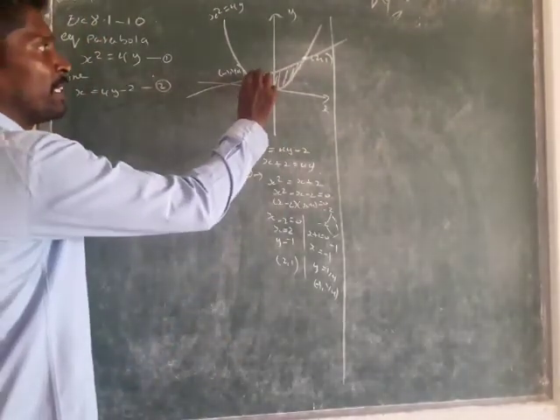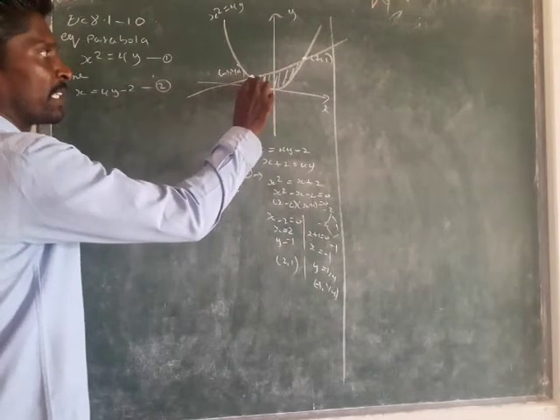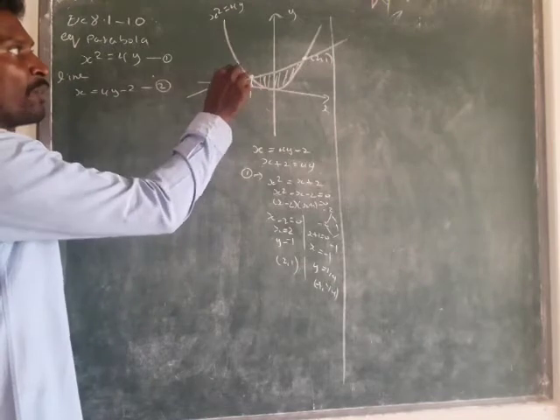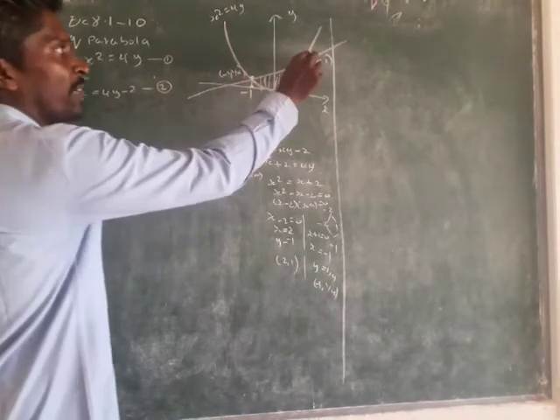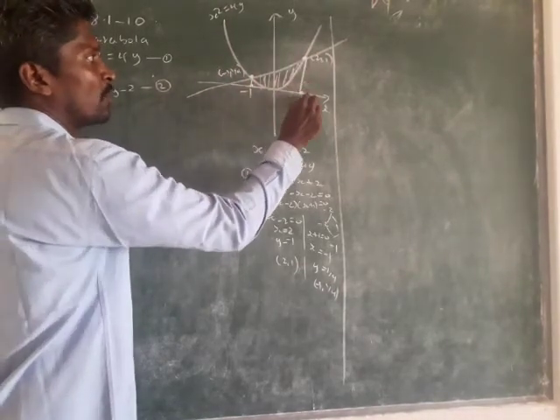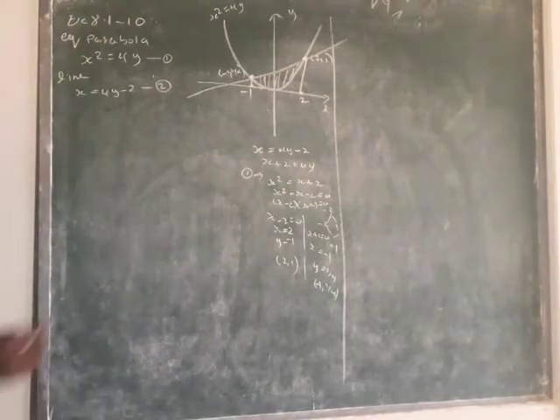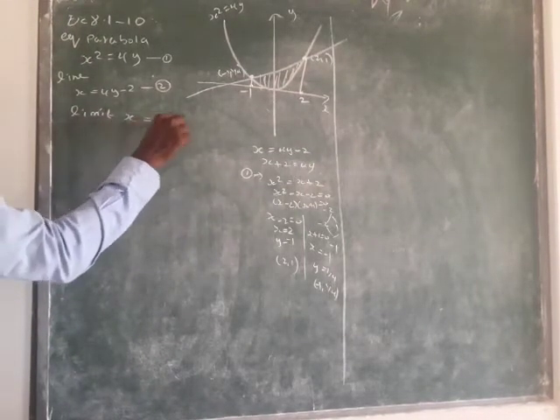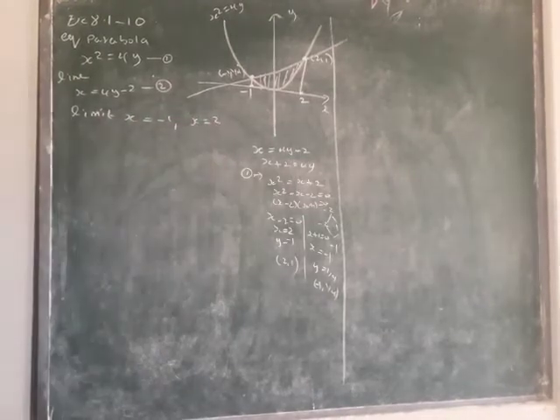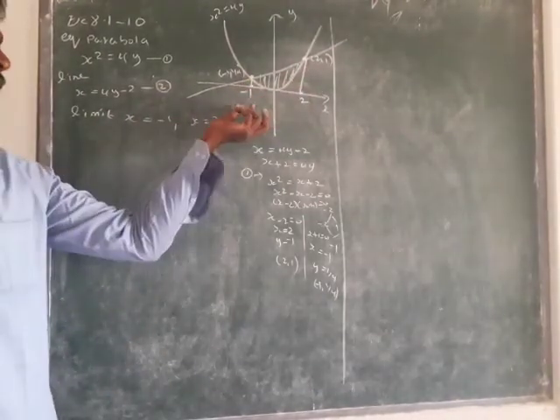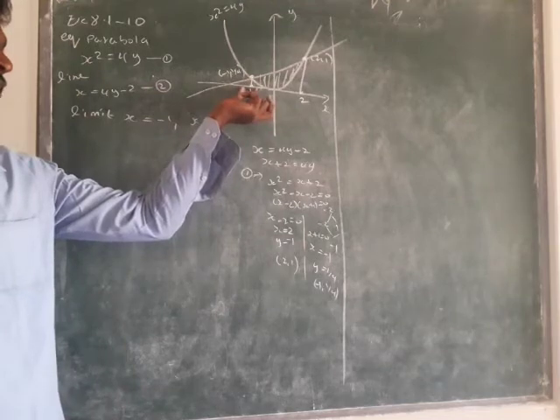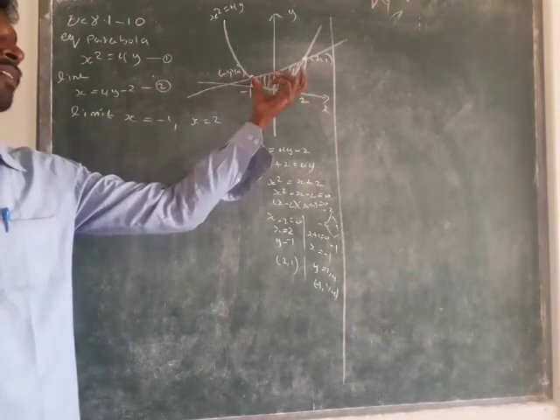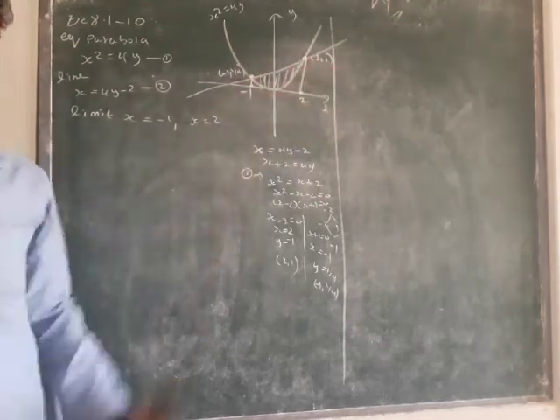Here that point has x value minus 1, because it is (minus 1, 1 by 4). So x here is minus 1. If I extend the point here, it becomes 2. So the limit I take in the x-axis is x from minus 1 to 2. With the help of the points of intersection, I take the limits in the x-axis as minus 1 and 2. Between those two points is the area covered by the line and the curve.